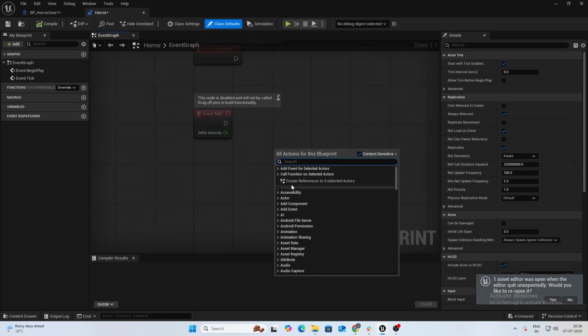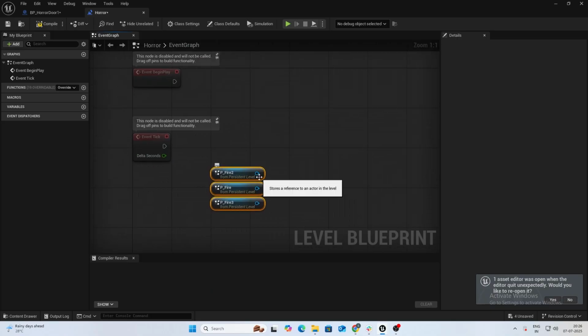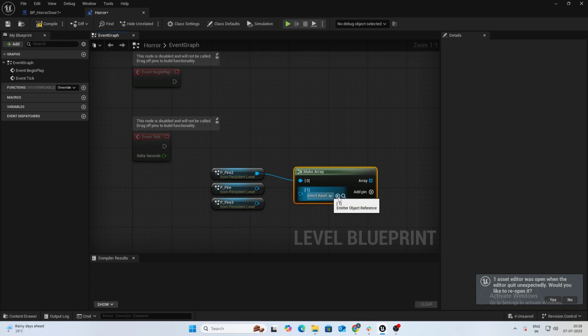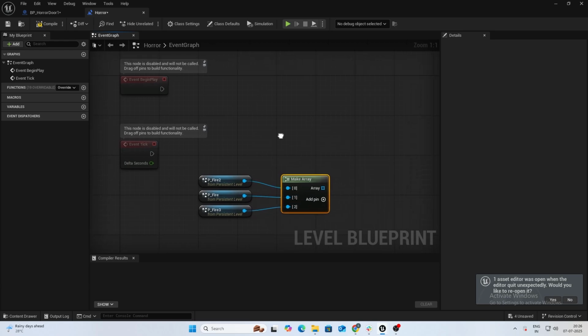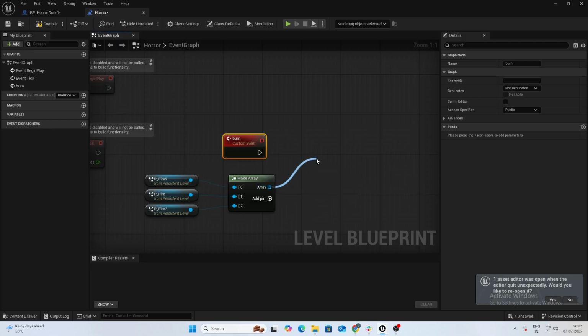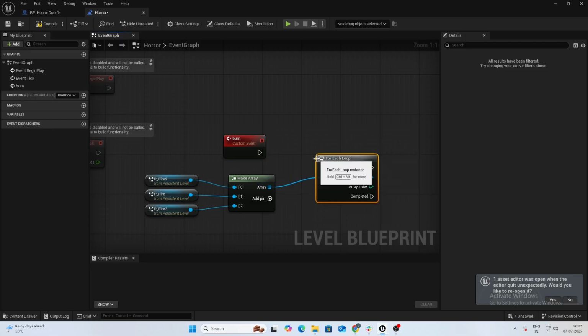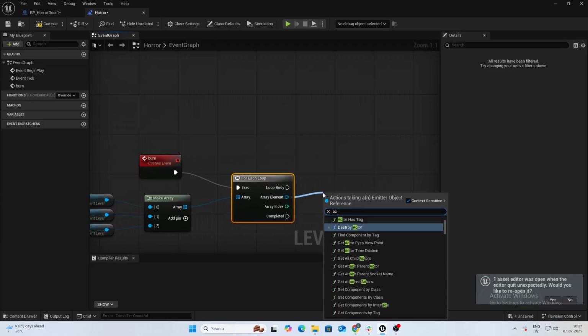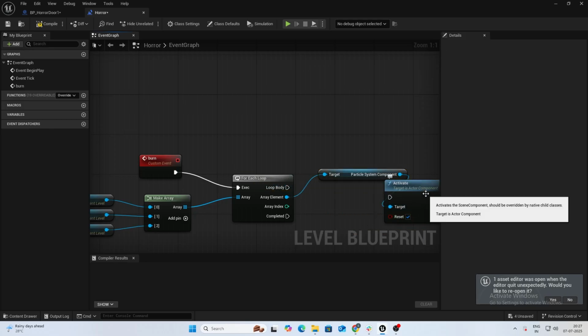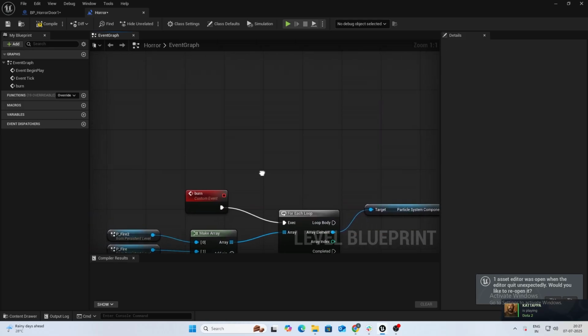I'll create references. What I'll do is make array, and I'll add a custom event, burn, and what this will do is for each loop I can just activate the particle system. So these are just default flames from your starter content,